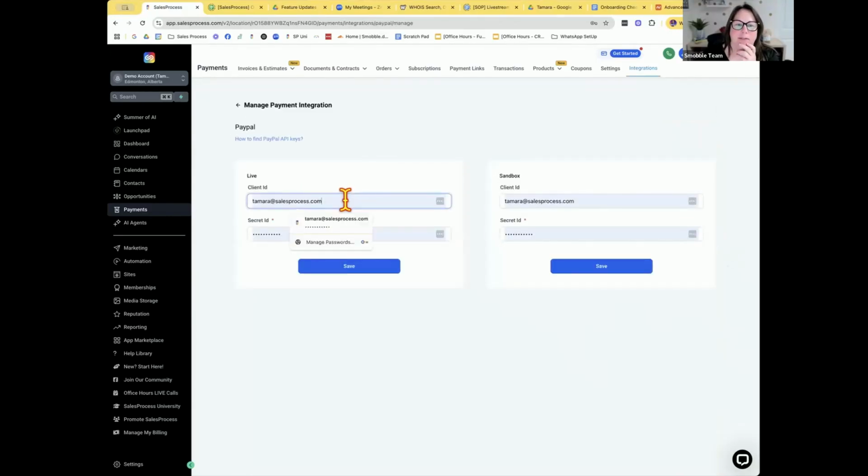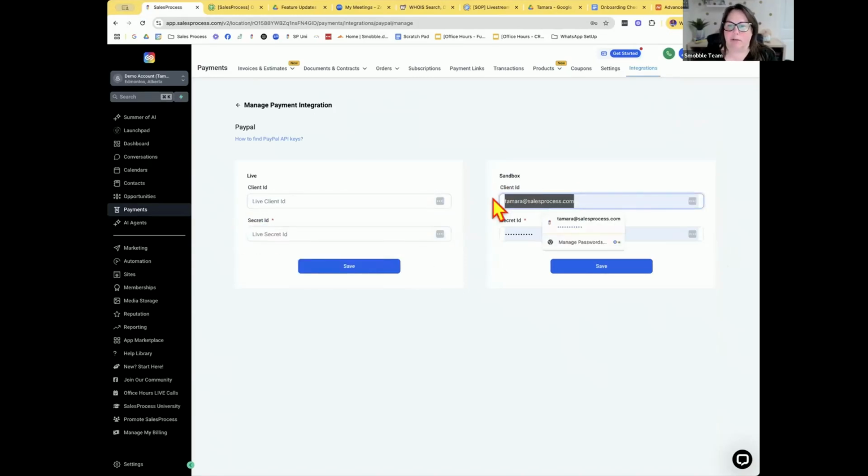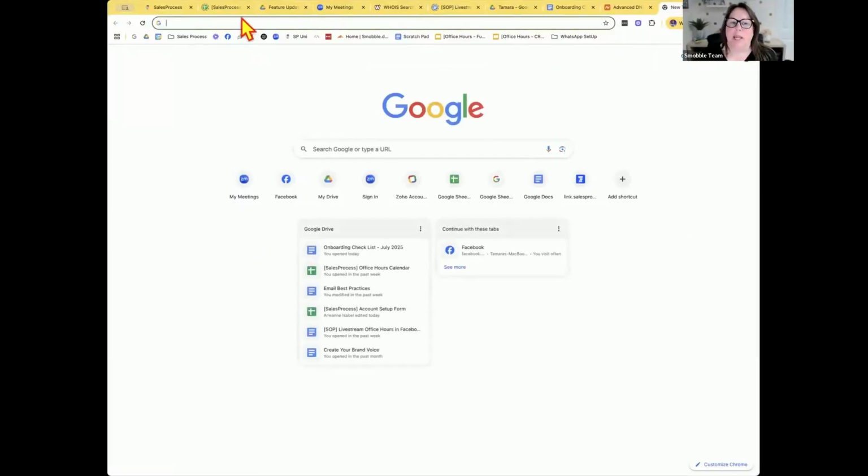And it's giving me this information, but that's not what I want. Okay, so I have to delete that out because that's just my browser putting information in there and it's not the correct information. Okay, so inside of your Sales Process account, inside your browser, let's open up another window. And I want you, if you have a PayPal account, so you already have to have a PayPal account set up, I want you to go to